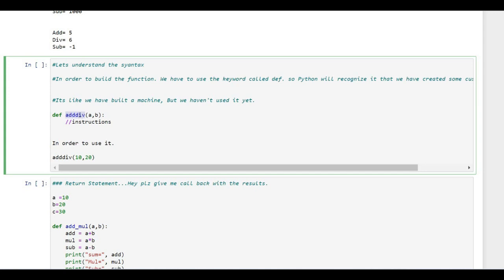The reason I gave this name is that I am doing addition and division, or addition and multiplication, so I can easily relate what this particular function might be doing. And then inside the circular brackets you will pass the input values. In this case I am passing two values, a and b. Then inside the function you can write down all your instructions or operations or any kind of things which you want to do. Once you do it, it's like you have built a machine. So the machine is ready. Now in order to use this machine, you will call this function. Calling the function is add div,